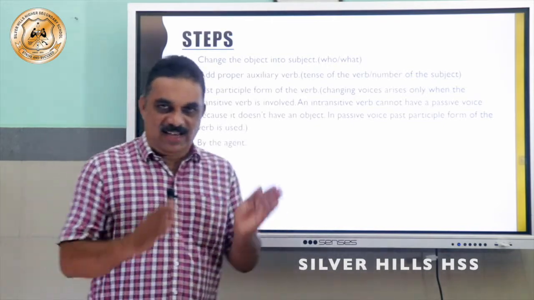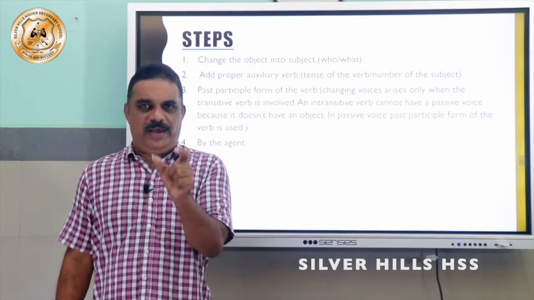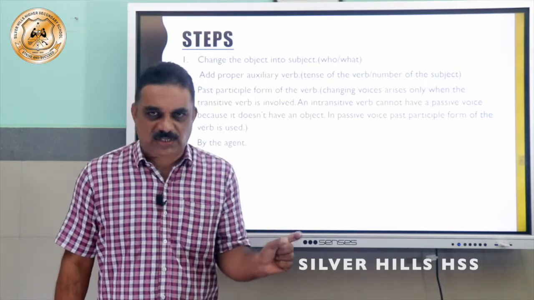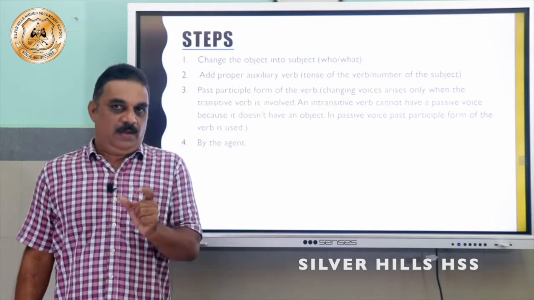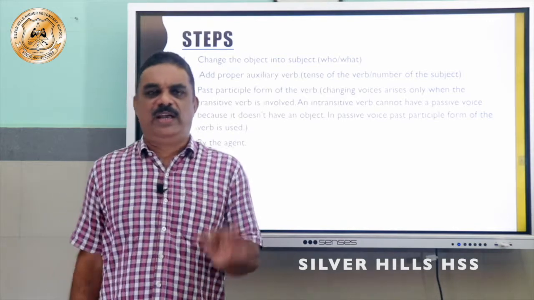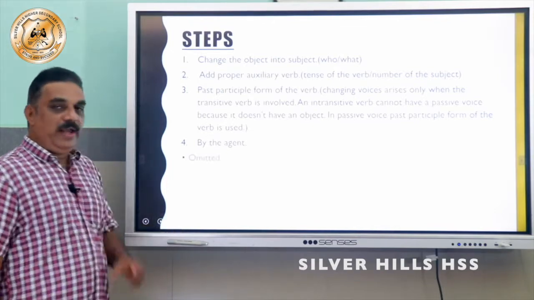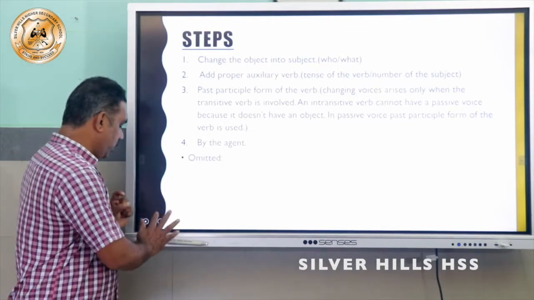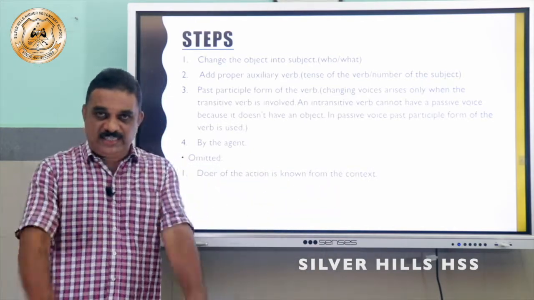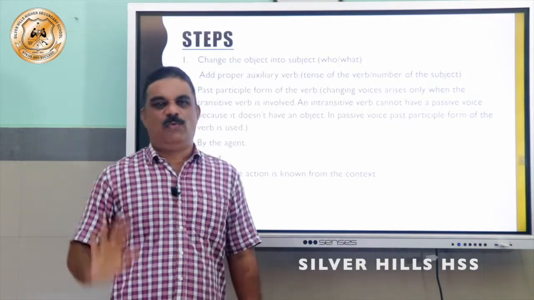By the agent, the last one, last step, by the agent. When we are writing the by agent, you know, the by agent will be the subject of the sentence. Agent is the subject, and in certain contexts we don't have to use by agent. We are not writing by agent in certain contexts. And the first one is, you know, by agent is omitted. First one, doer of the action is known from the context. If you can identify the doer of the action from the context, please avoid by the